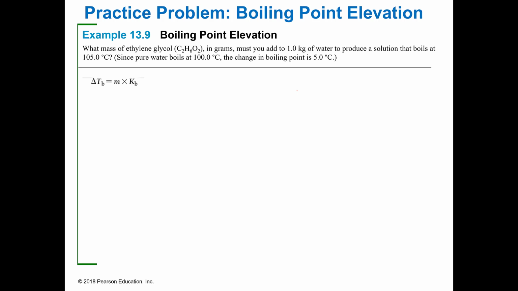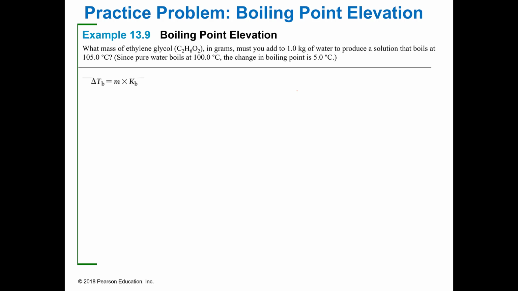So what mass of ethylene glycol in grams must you add to 1 kilogram of water to produce a solution that boils at 105 degrees C? Since pure water boils at 100 degrees C, the change in boiling point is 5. So 105 minus 100 is 5. So first of all, we look and we see that we have